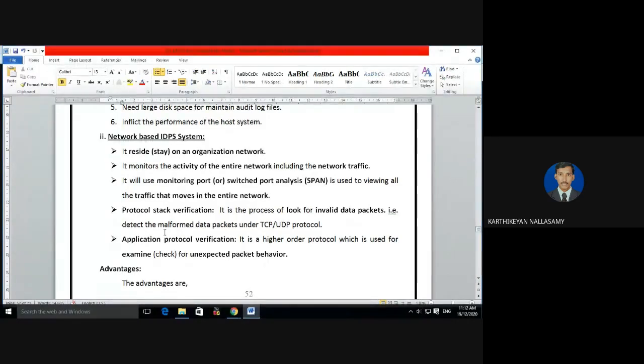I think you know that while you are sending messages, the corresponding header information of the packets is very, very important. So you are going to analyze your packets and packet headers. That is called protocol stack verification. And we are going to test the integrity of the message received from your source machine by verifying the messages with the help of integrity. That is called